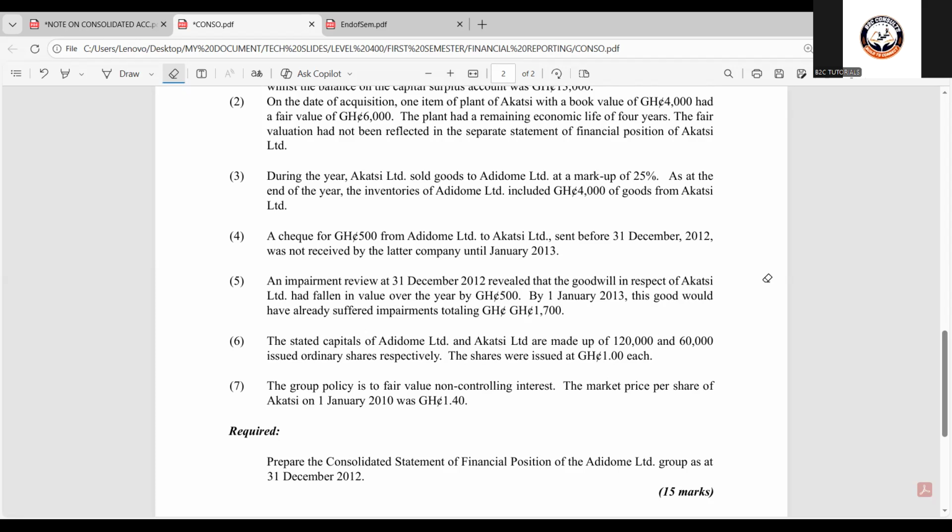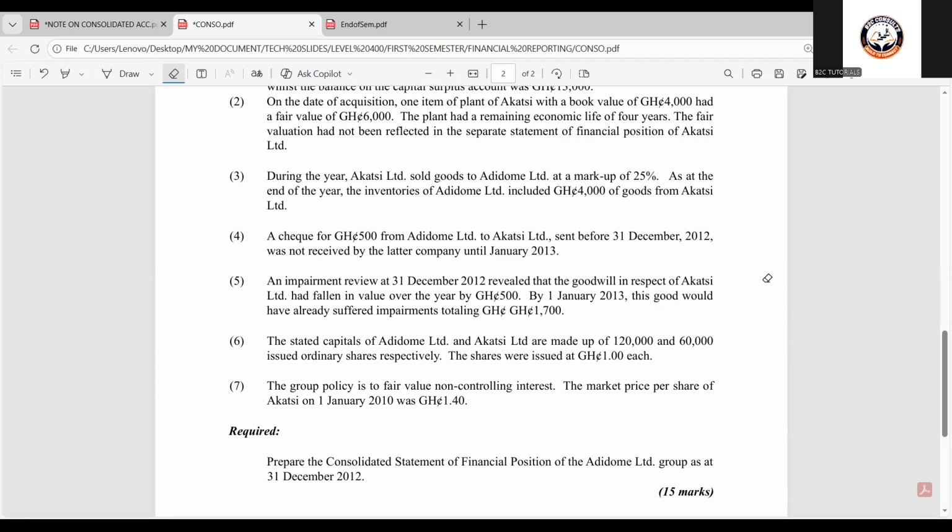Point six, the stated capitals of Adidome Limited and Akachi Limited are made up of 120,000 and 60,000 Ghana cedi issued ordinary shares respectively. The shares were issued at 1 cedi each. Point seven, the group policy is to fair value the non-controlling interest. The market price per share of Akachi Limited on 1st January 2010 was 1.4. Required, prepare the consolidated statement of financial position for Adidome Limited Group as at